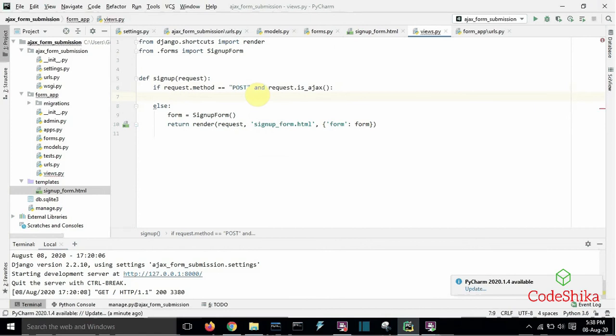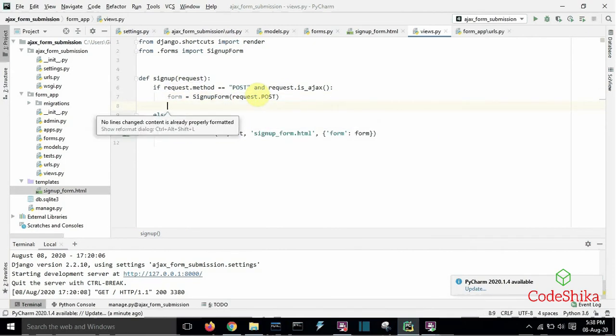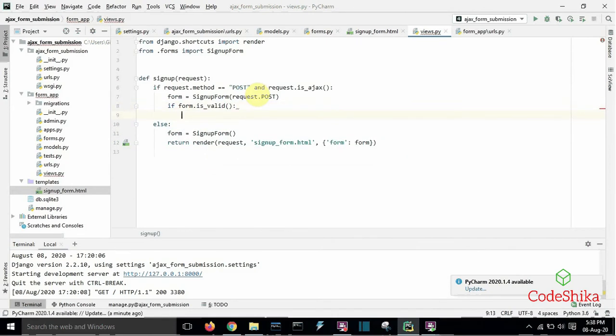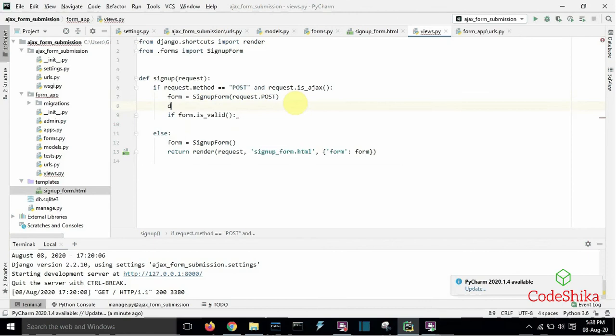Create the form using submitted data. form = SignUpForm(request.POST). Check the form is valid. If form.is_valid(), type here data = {}, data['success'] = True.